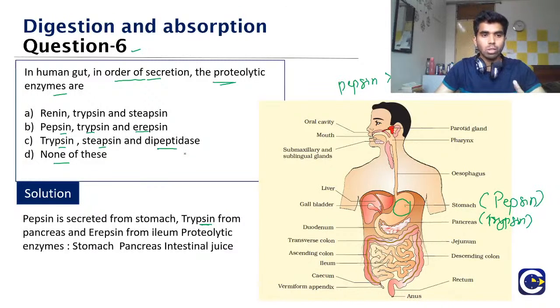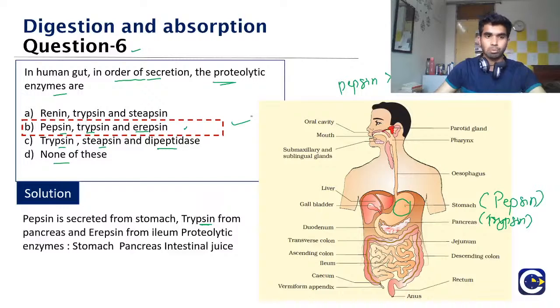And one more fact that I want to tell you is that you don't need to know all the questions in the NEET examination. If you know the basic question, then you can rule out the other options and you can mark the correct answer. That is the trick that many of the toppers have followed for the examination, and they have got decent ranks. So what will be the answer? The option will be option B, that is pepsin, then trypsin, and then erepsin. The key is you have to rule out the other options. It is not always important that you know the correct answer. Now moving on to the next question.